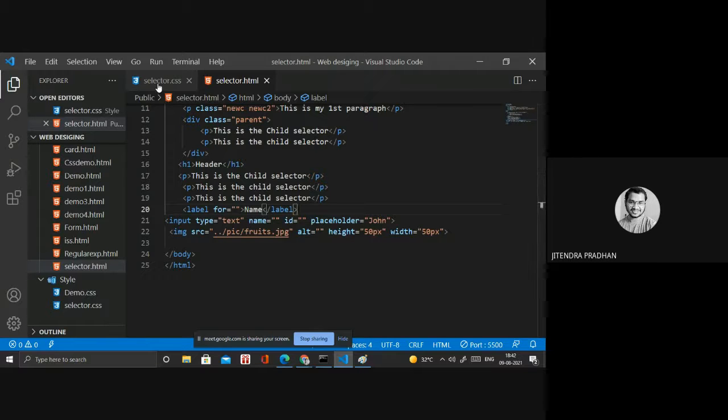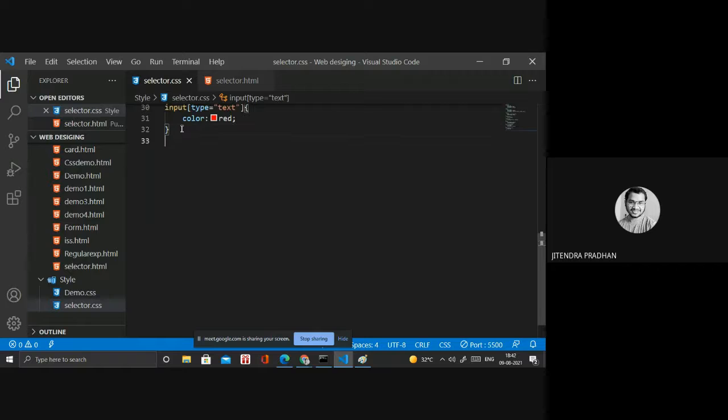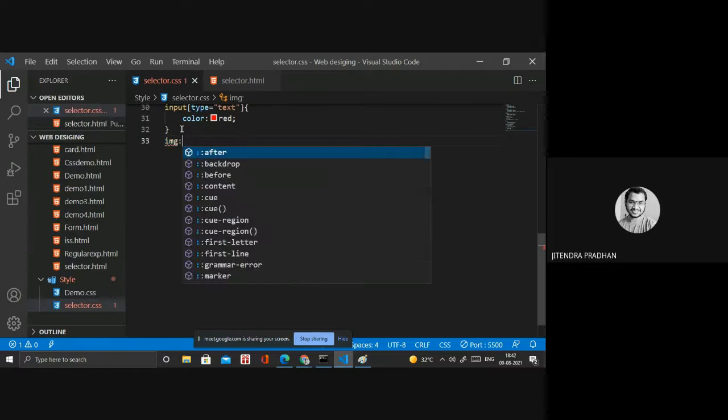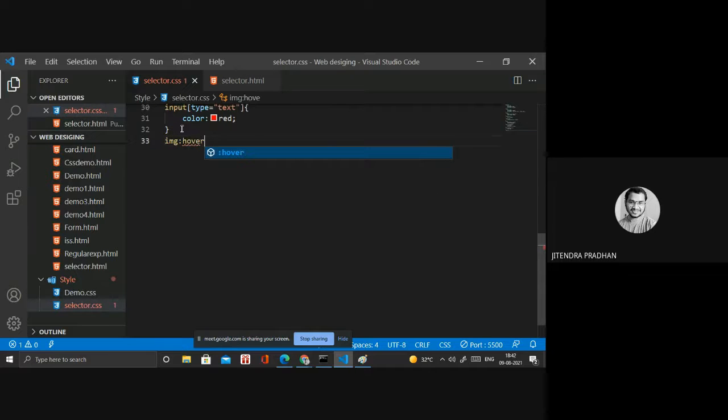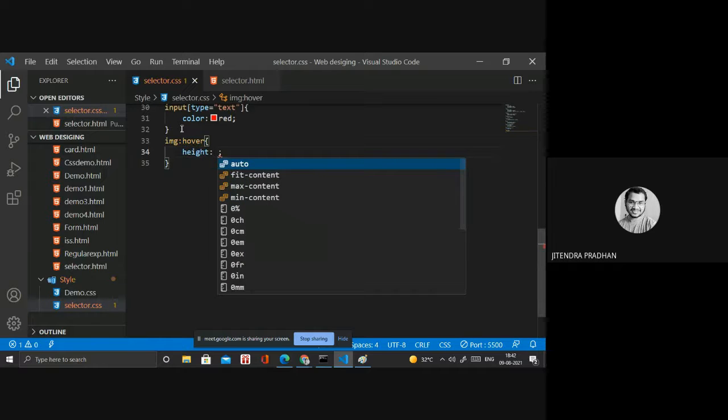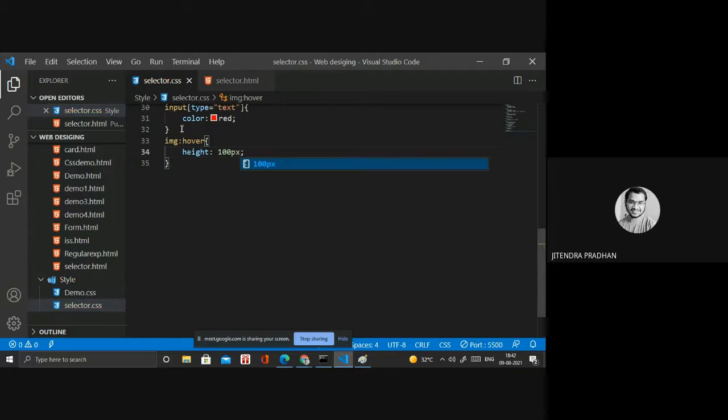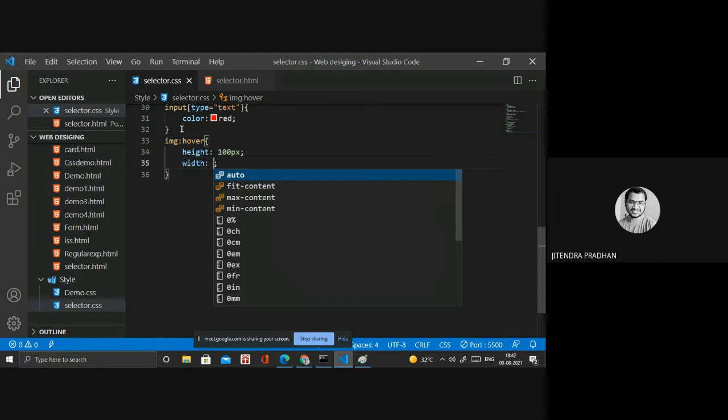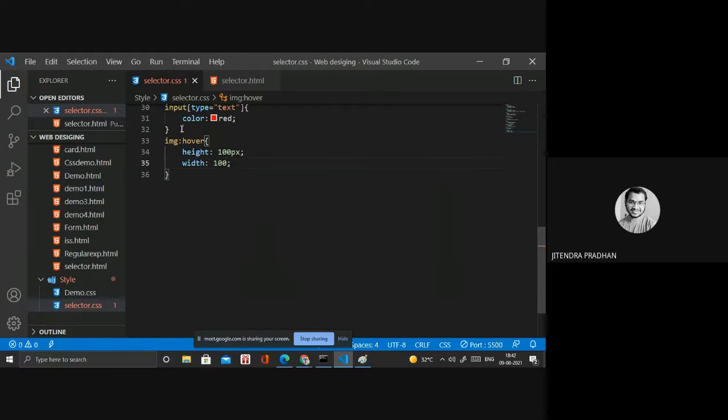How? Let's see. My tag name is img. I require hover. I want to use the hover dynamic selector inside that. So by using the hover selector we can do that. So height I require 100 pixel and width I require 100 pixel also. Okay. So let's see.